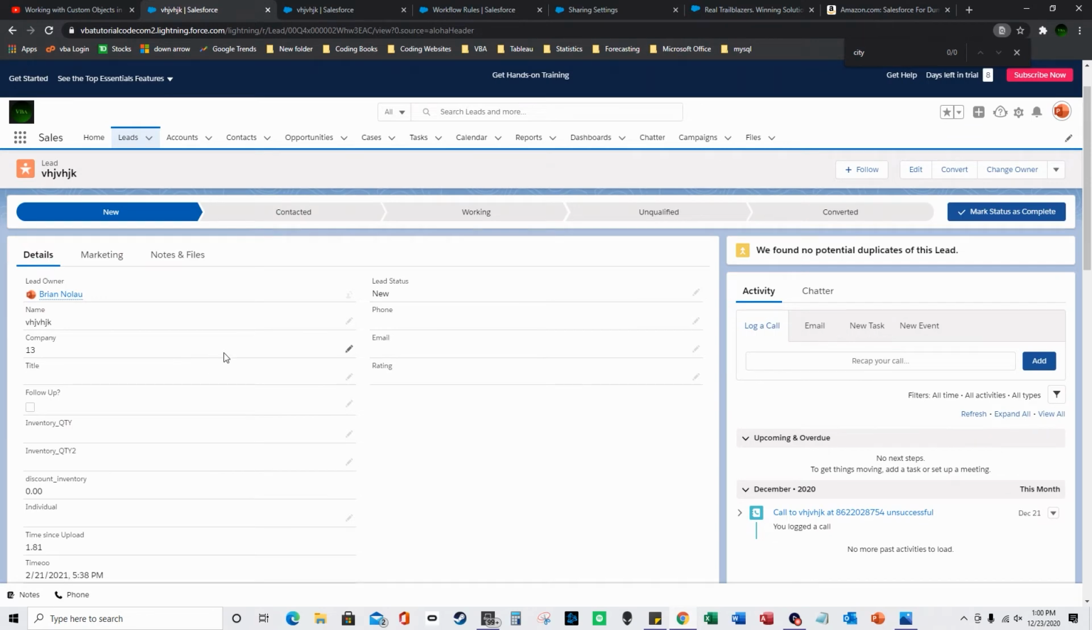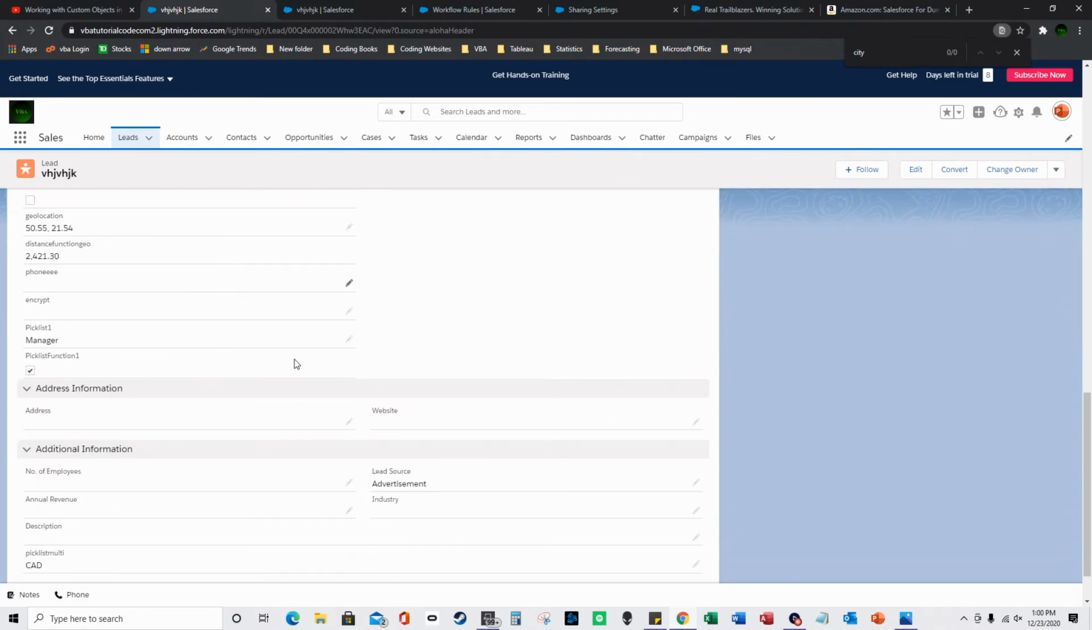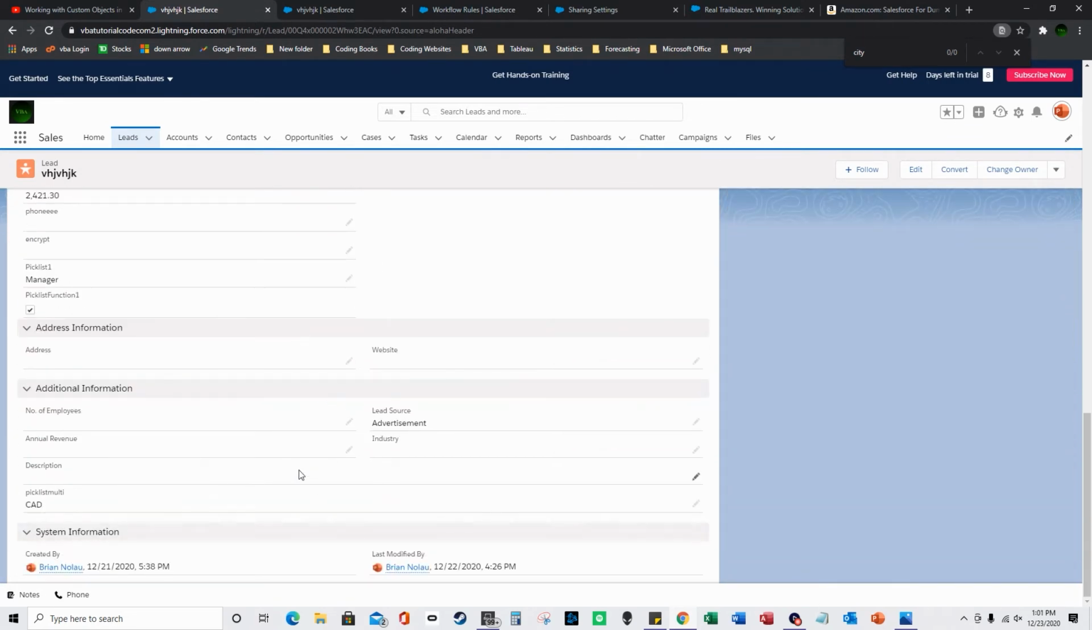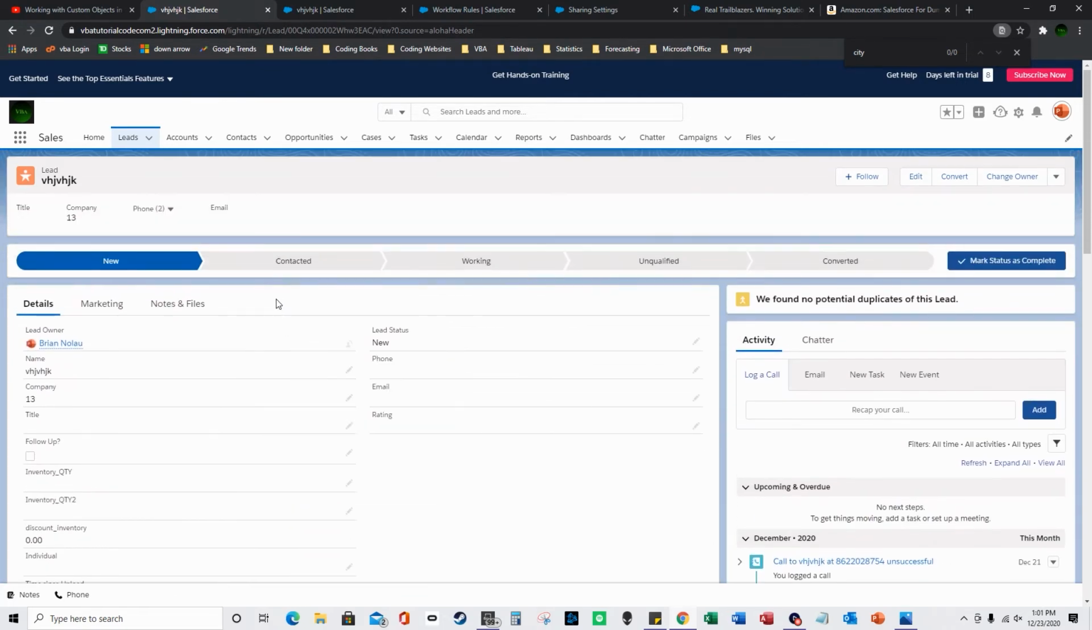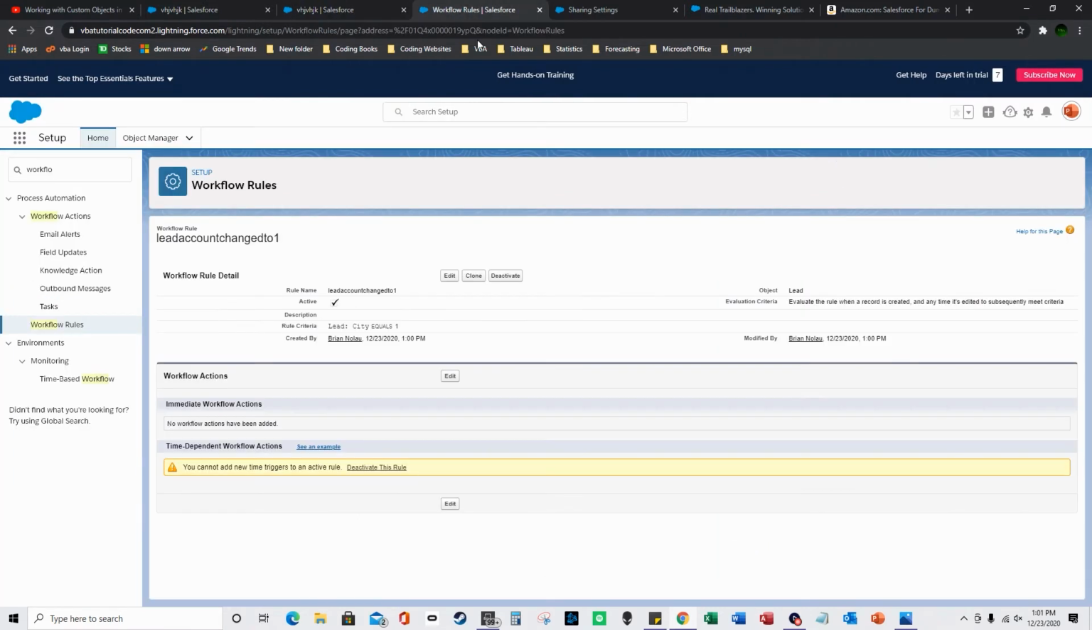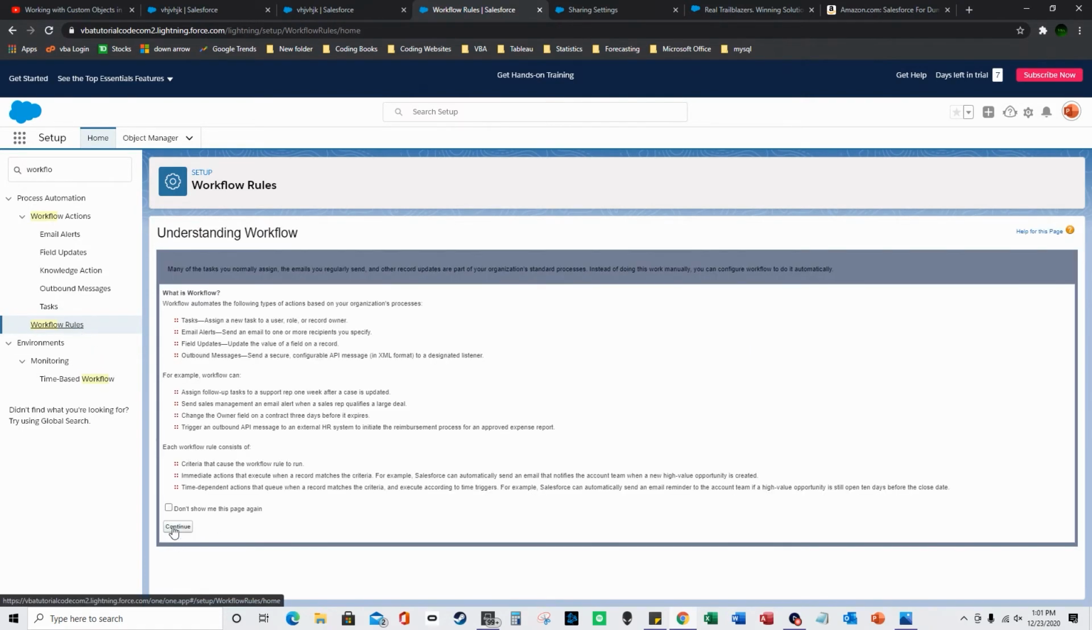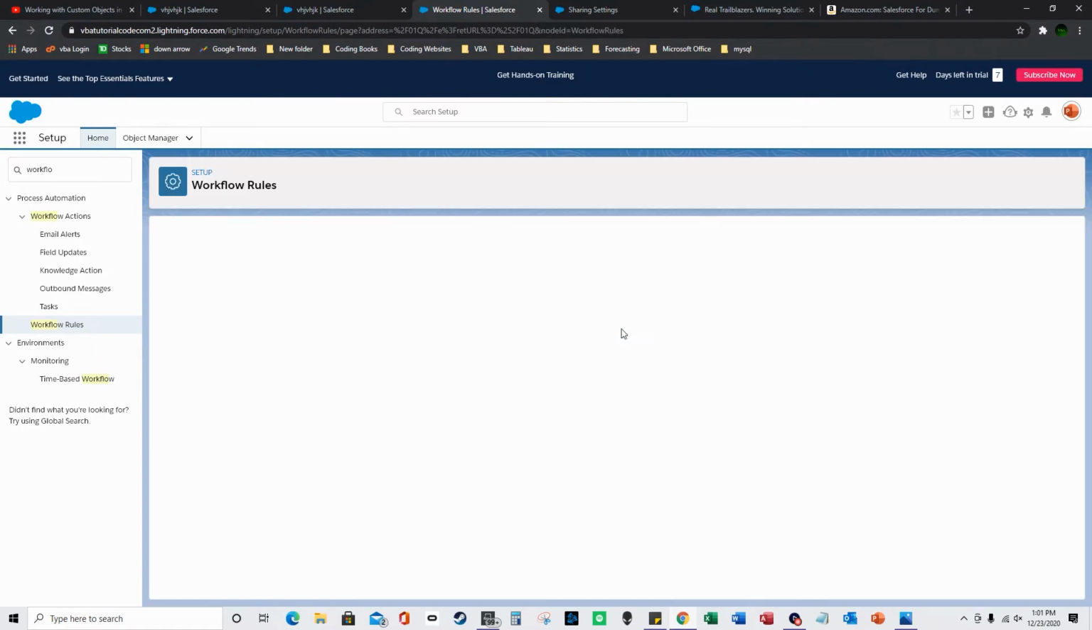There's no city field, but if I edited that to city, it would send an email to whoever, because I did it based on the lead being changed, the city being changed to equal 1, or being created and equaling 1. So I'm going to go to workflow rules, continue, new rule,